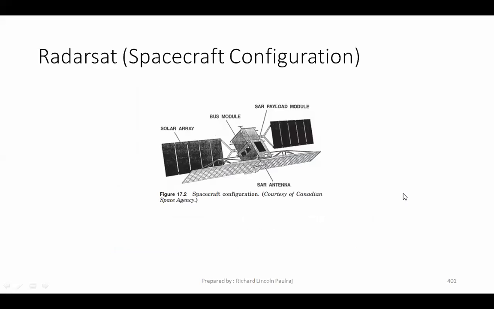So this is the image. These wings do not have to rotate, they can just be stable. And here is your payload, your solar array, then your main module, the housing module, where all the sensors are housed, then your antennas.